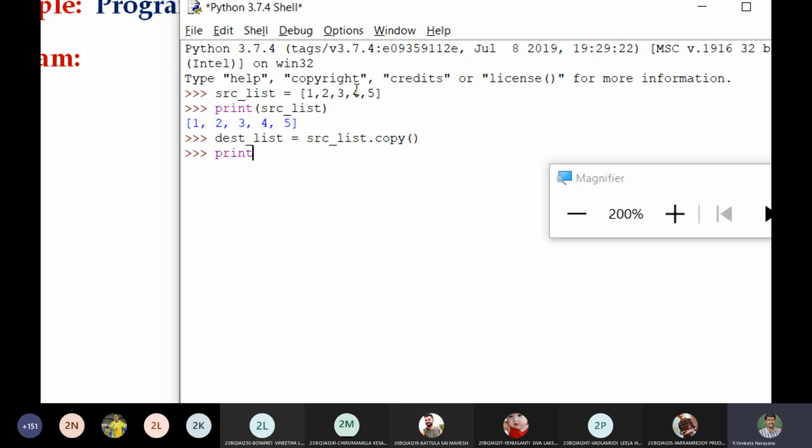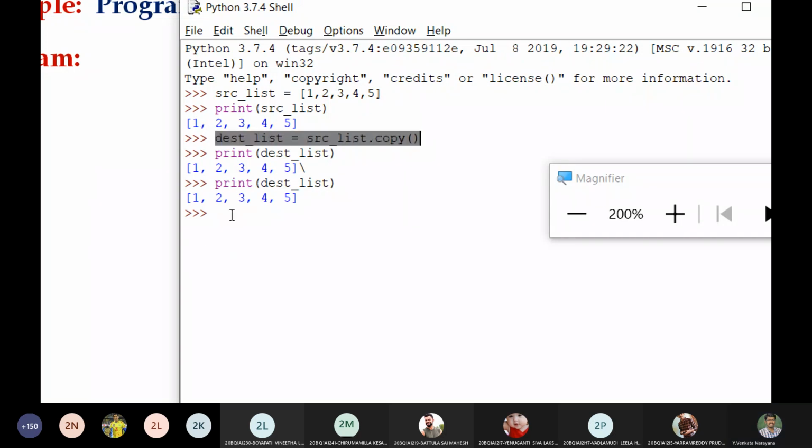So print destination list. Is this clear? 1, 2, 3, 4, 5. This is the destination list. Is that clear? How to copy? Yes, sir.